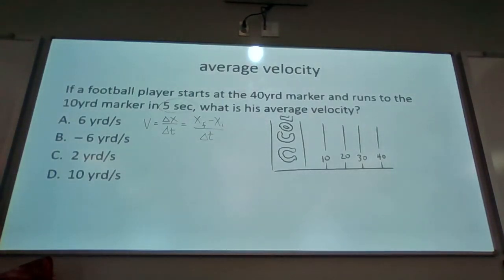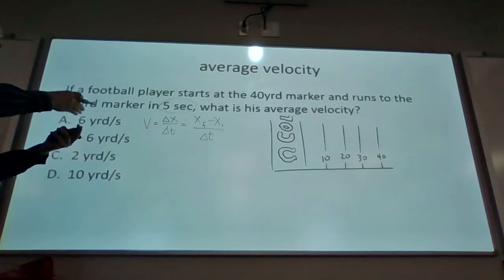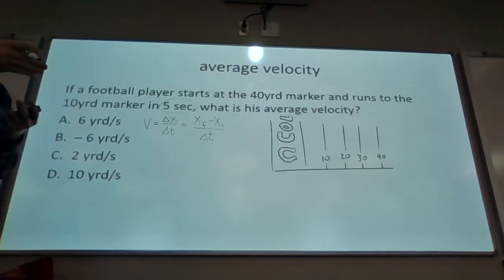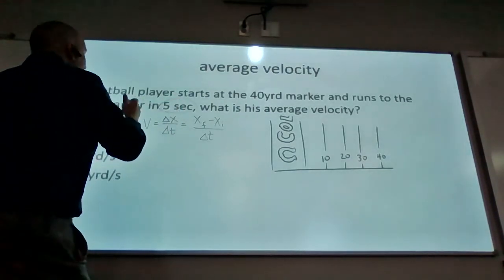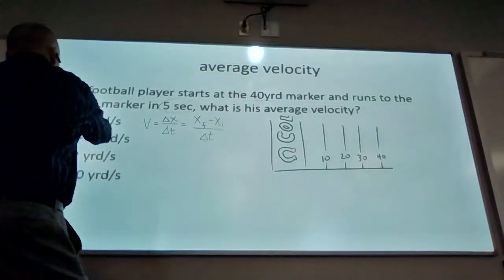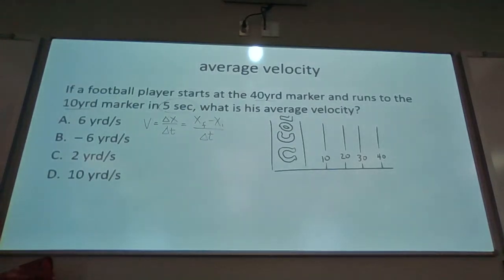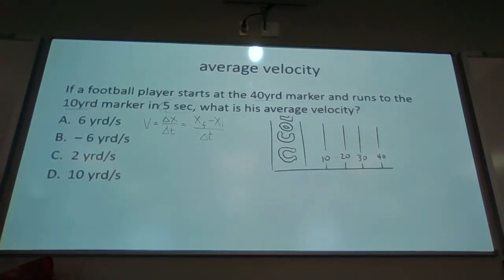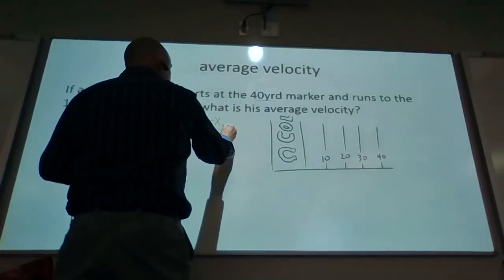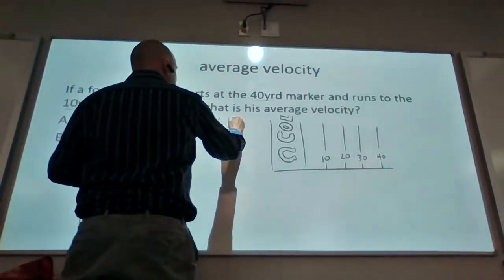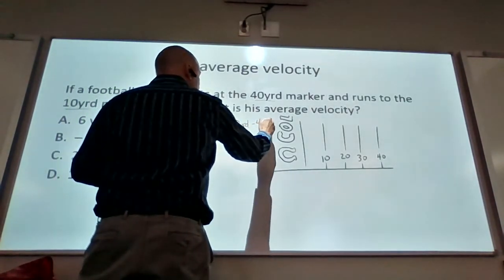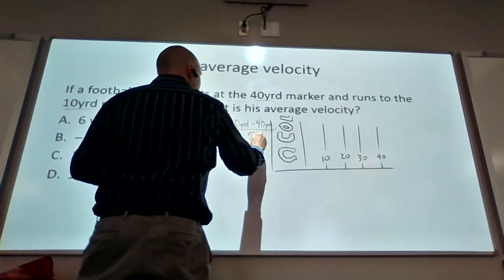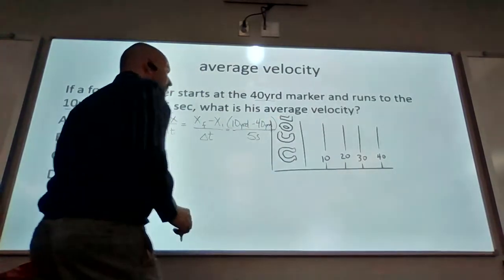If I was given 2 clock readings, I'd use tF minus tI. Does that make sense? But because I was given 2 positions, that's why I'm doing xF minus xI. So this is 10 yards minus 40 yards over 5 seconds. Yields